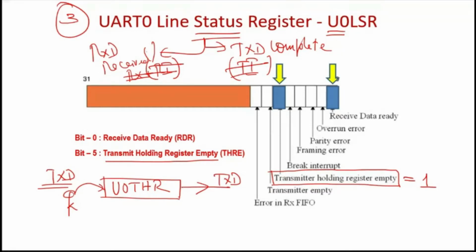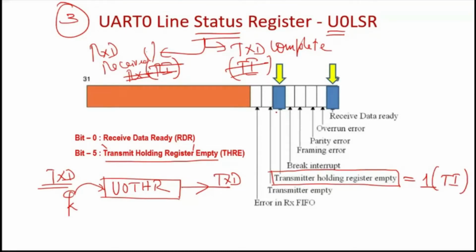So what does that name tell you? Transmit holding register empty means I have already put an 8-bit data which the microcontroller has successfully transmitted. Now the register is empty, so I can put a new data inside it. So this name signifies meaningful information to you. Although it looks big, conceptually it refers to a register becoming empty, which means you can put a new data into it. Clear? So this is similar to the transmit interrupt flag of 8051, just for your understanding.